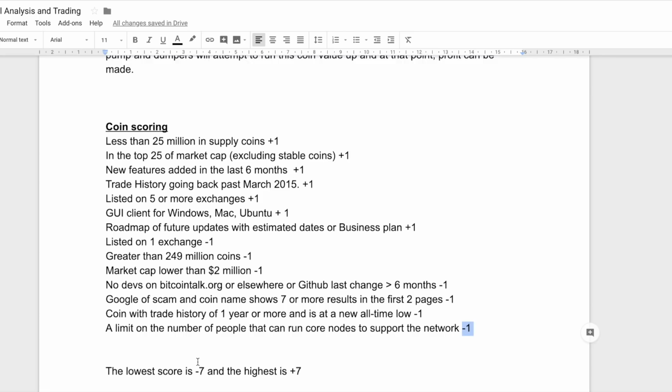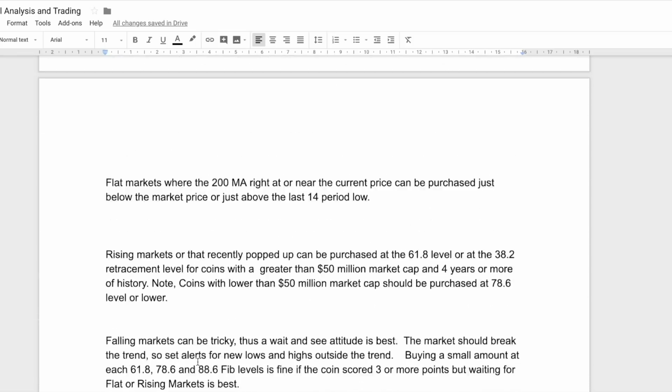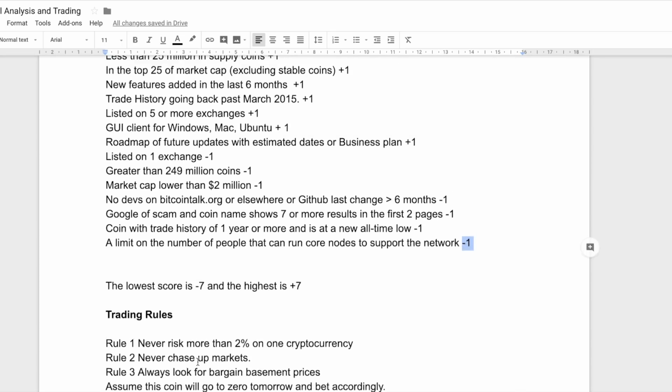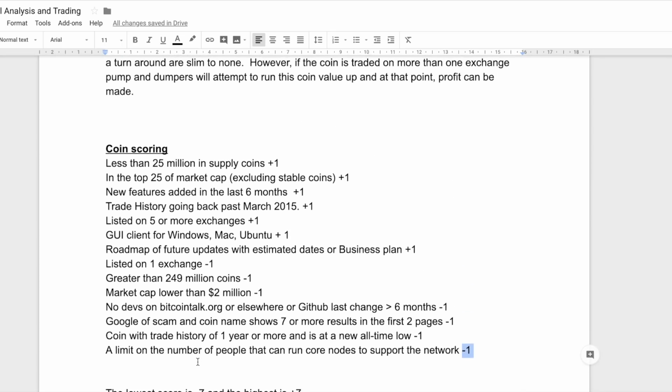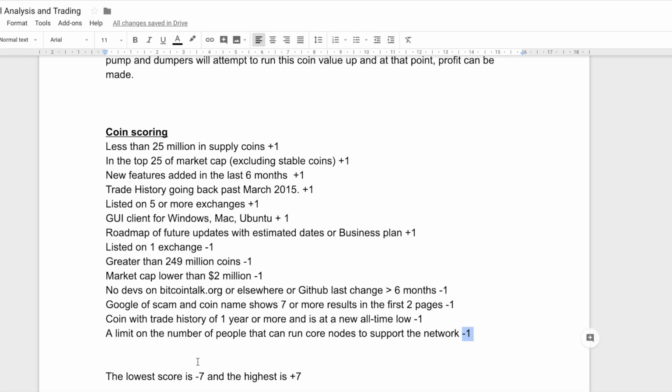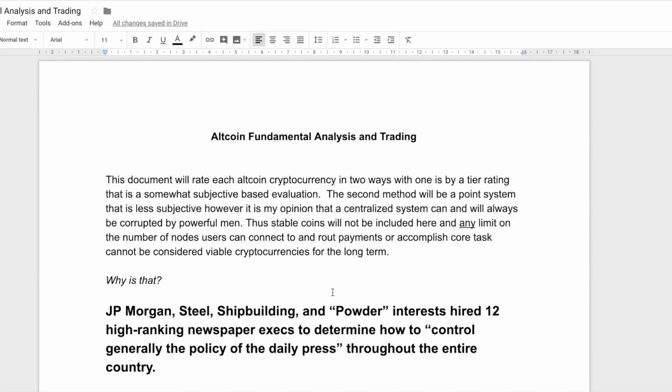So that's my scoring system. I'm not going to go through the trading part of it. You can read through there yourself and decide if that's how you want to trade and buy your cryptocurrencies. But that's my altcoin fundamental analysis and trading document. You can check it out in the link below, and you'll be seeing my changes as I make them going forward. So keep coming back to this document and checking out what changes I've made, and hopefully I can improve it into a solid document that everybody can use,